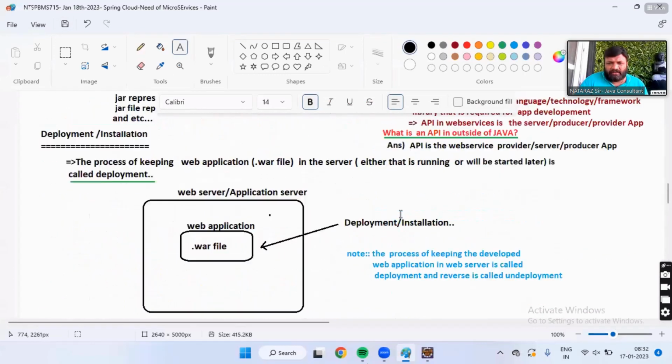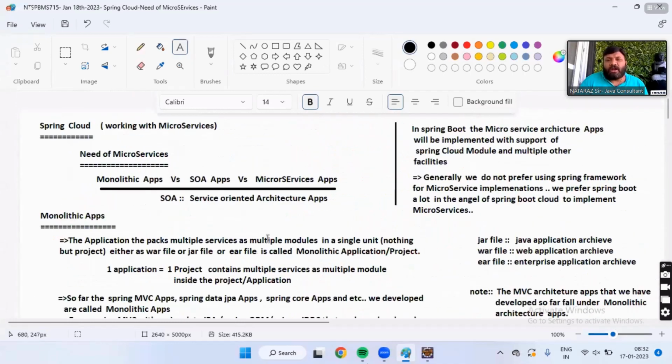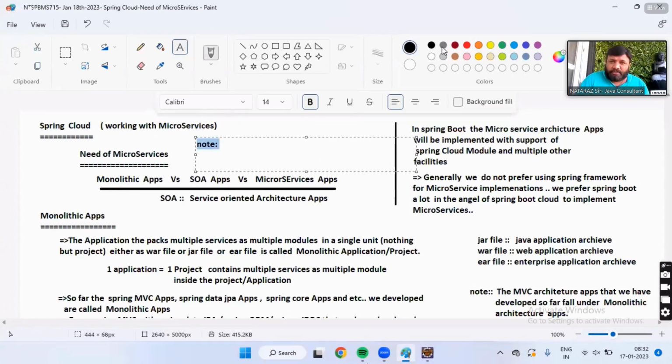Clear, guys? Understanding? Now listen, guys. Spring Cloud is nowhere related to a physical cloud environment. Spring Cloud is for programming. Are you listening to my statement?